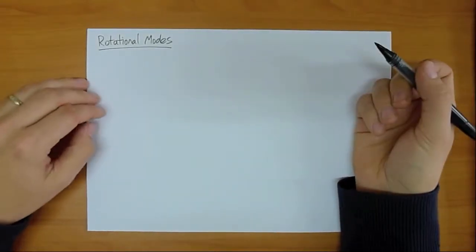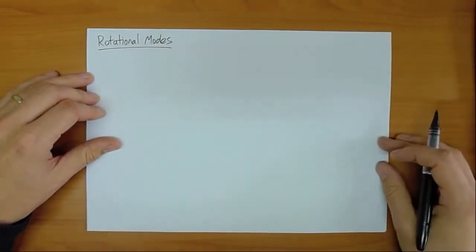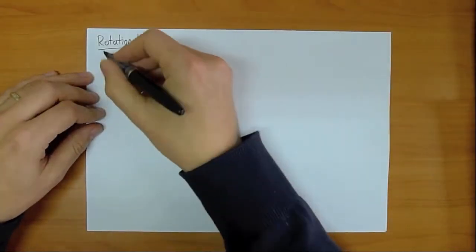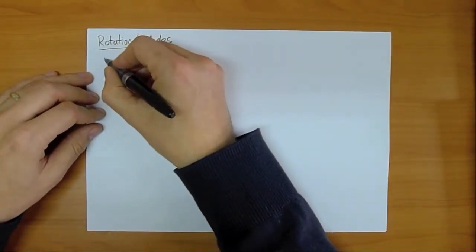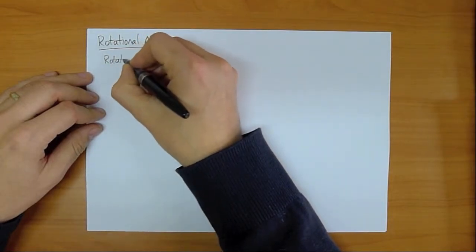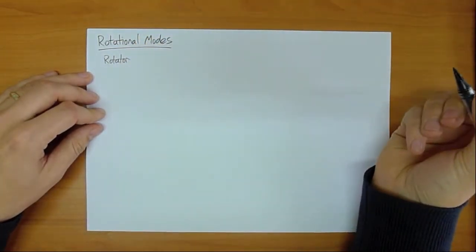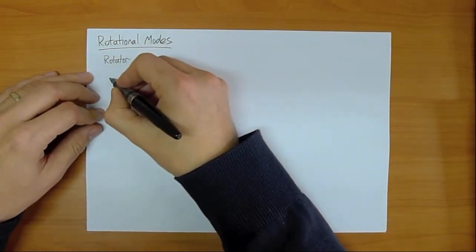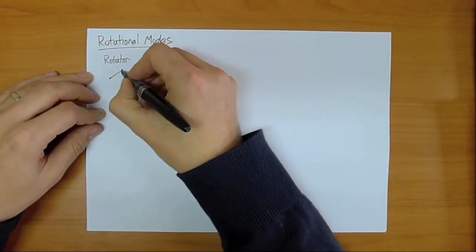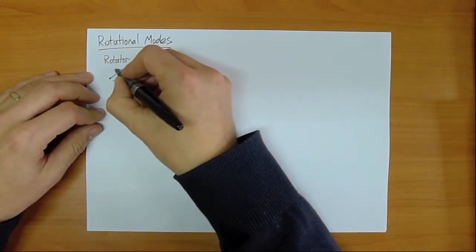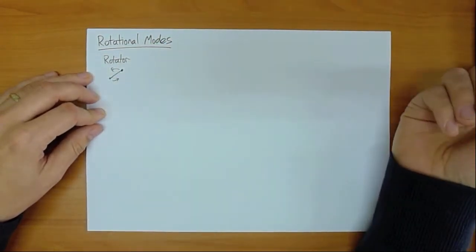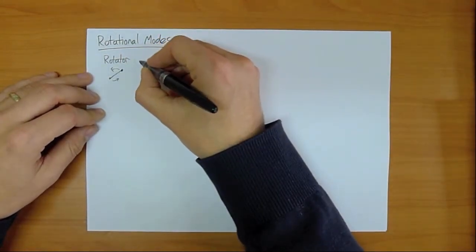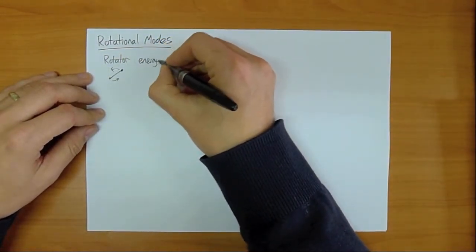Okay, so we want to develop a model of the rotational modes of the ideal gas. Our basic starting point for this is going to be the quantum rotator, which we introduced in the lecture on quantum mechanics. This is a simple model of the energy levels of a rigid rotating body, so this is our simple model of the diatomic molecule. Okay. And we saw that the energy levels